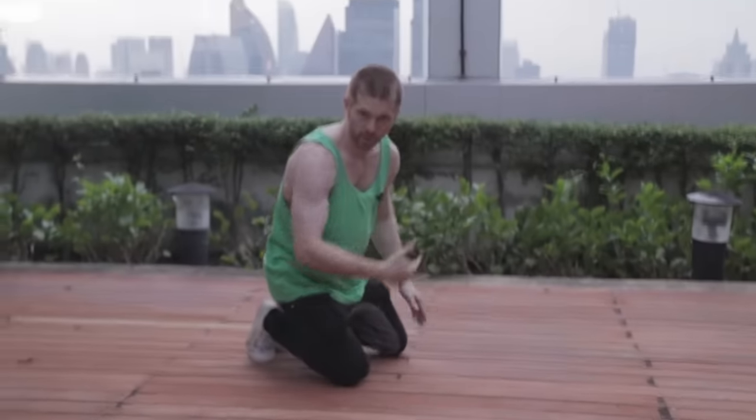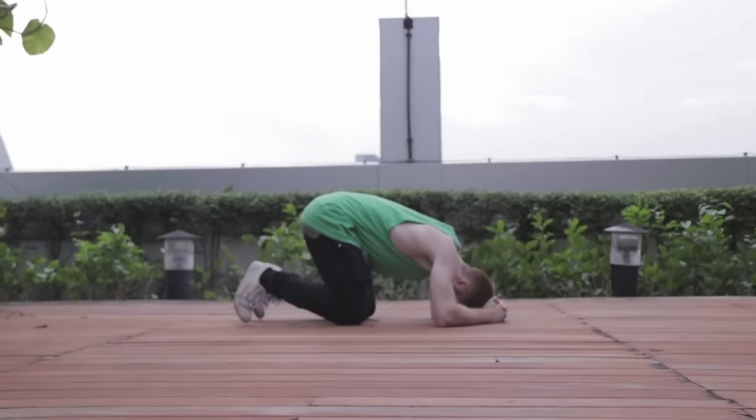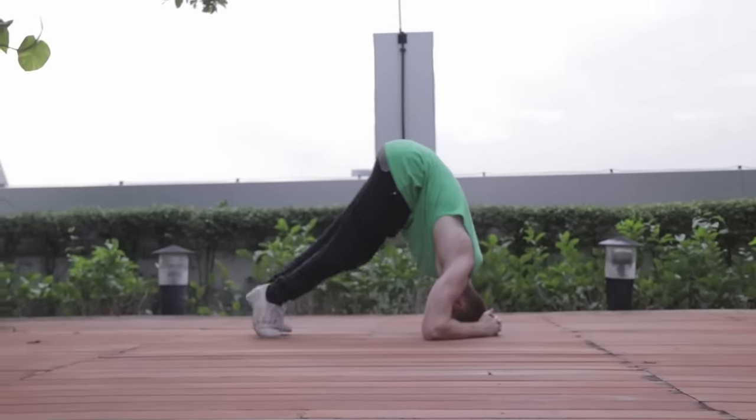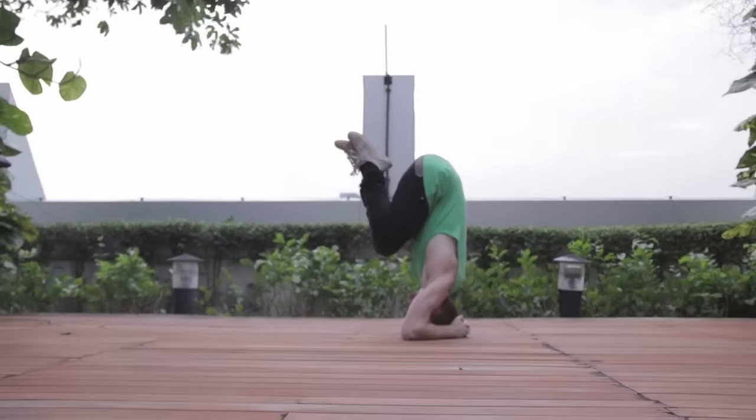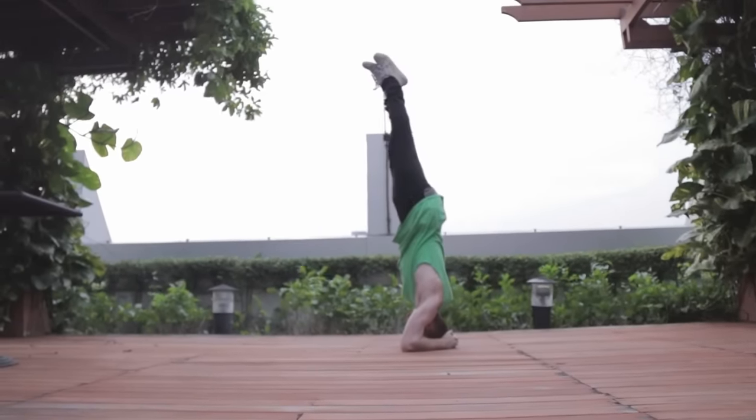It takes some bounce and core strength, but not near as much as the handstand, and that's because we can use our arms for extra support, especially when we do it this way. This way is the one I recommend because it's gonna be better for your neck, but here's what it's gonna look like. So we get in position, good control, we're building nice core strength here,